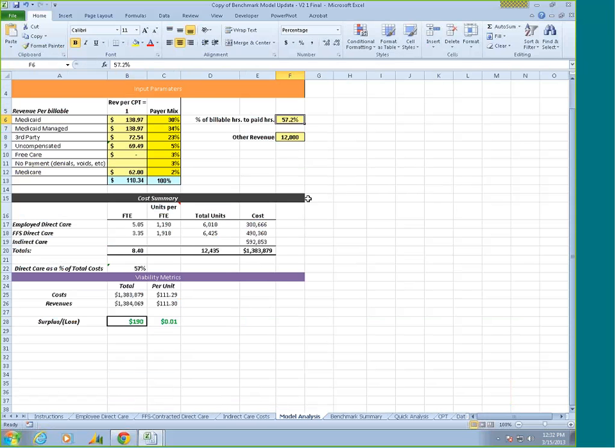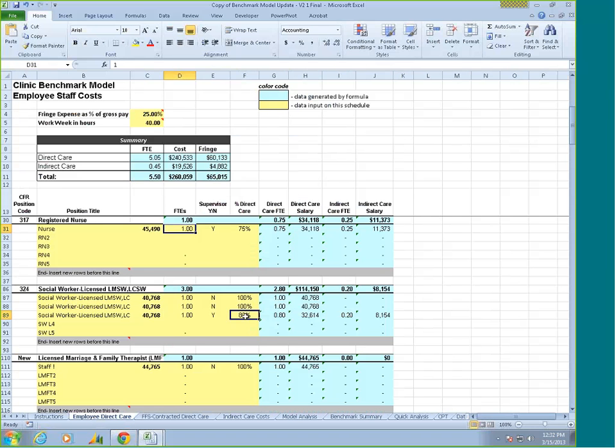A couple weeks ago, when we talked about the quick analysis tool, we talked about it as a sandbox. It's a place you can play, a place you can see how your decisions may play out under ideal circumstances, or you can model less than ideal circumstances. So here we have a clinic that's breaking even, and this individual over in our direct care, our supervisor, is at 80%. If we had said, no, we really think that supervision is much more important than that, and this individual should be spending only 10% doing direct care, and the other 90% should be directed towards providing support services for